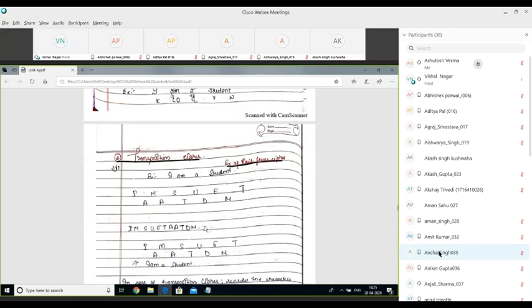Class, please, this is an important point. We always represent our cipher text in block letters only. Cipher texts are always represented in block letters. And when we get this cipher text on the receiving end, to convert it into the plain text, what we're going to do is reverse the method. We wrote the letters in a zigzag manner and read them straight for converting into the cipher text.